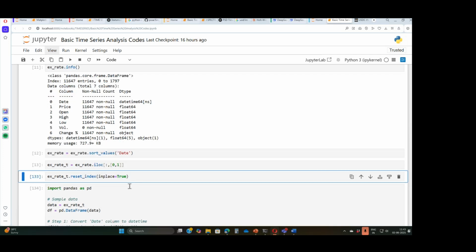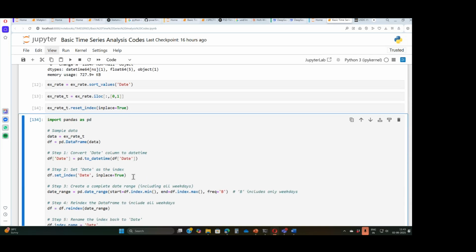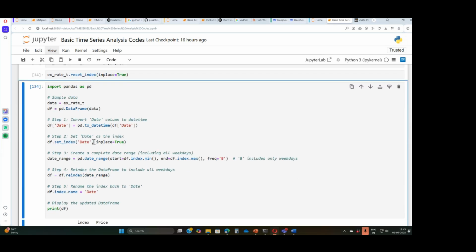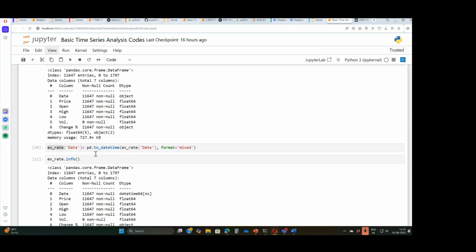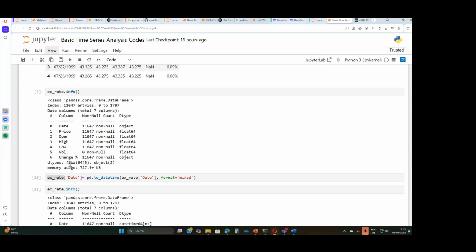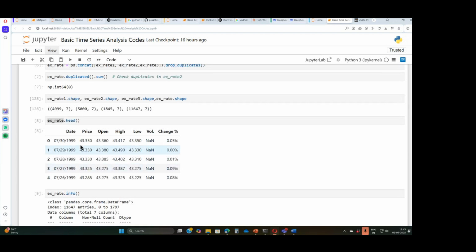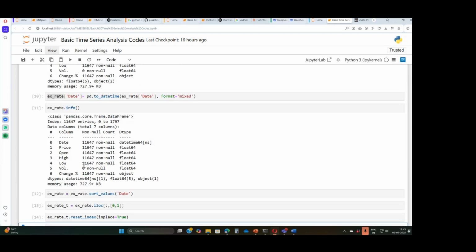And then I will ask it to reset the index, because index is very important. Now one thing that I told you: you have the data like this. Look, can you see that? It is 1999, 29, 28. Look, it's in descending order. That is why I did a sort, and it should become ascending order. So therefore, I've done it over here.